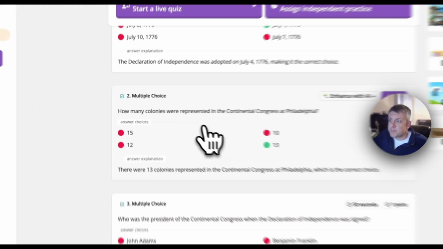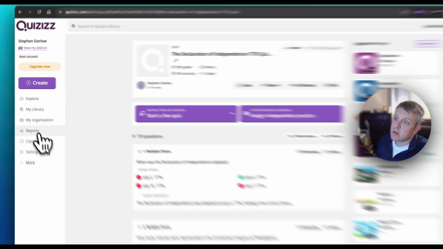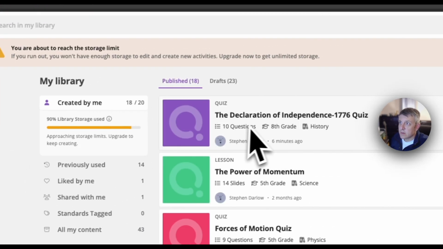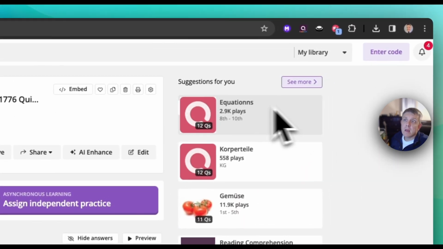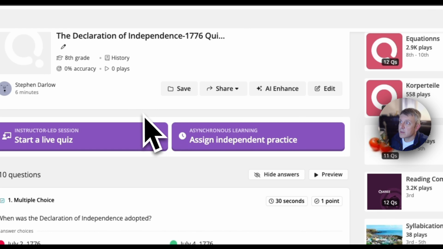And that's basically it. So you can assign it, send it out, or you can do it in class at your pace or the student's pace. And now, reports. So once you actually conduct one of these, all you have to do is, we'll go back to that real quick. If we go ahead and just click play on this,